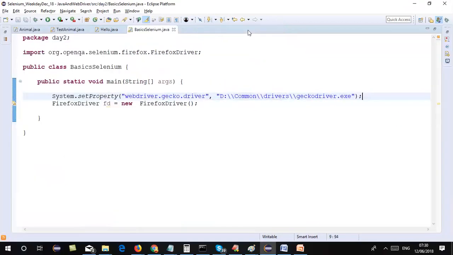Okay, right. Now webdriver.gecko.driver has to be in lowercase. Sometimes people keep W capital for this or something. Java is case sensitive. Everything has to be in lowercase, otherwise it will not work. Okay, and the path has to be correct. Okay, and if I run this,